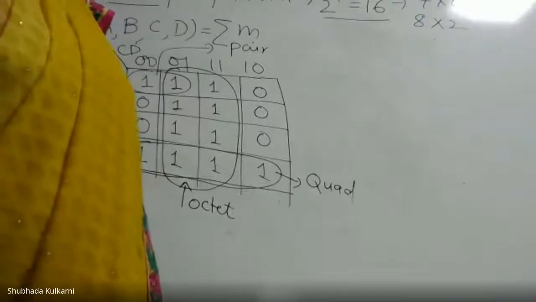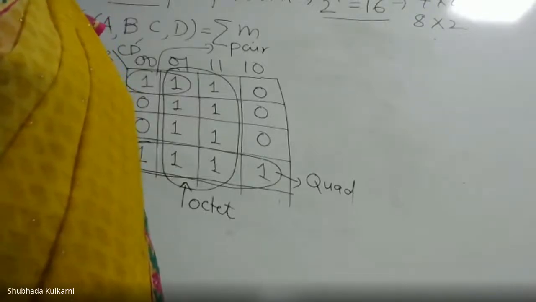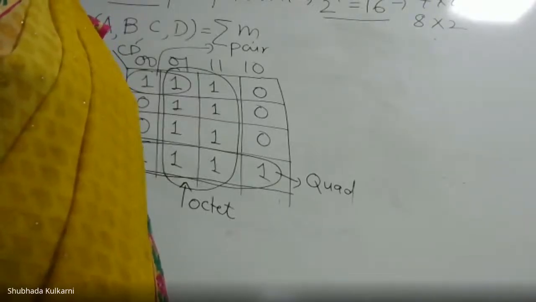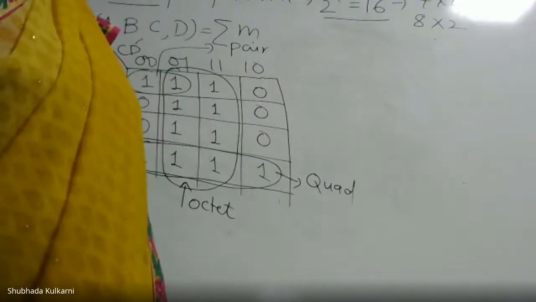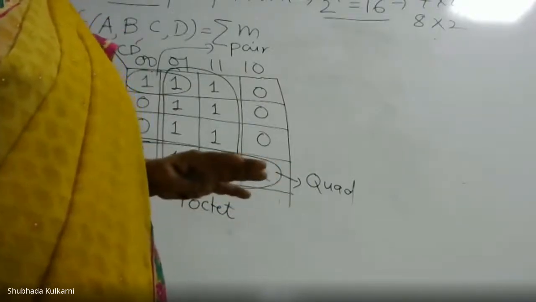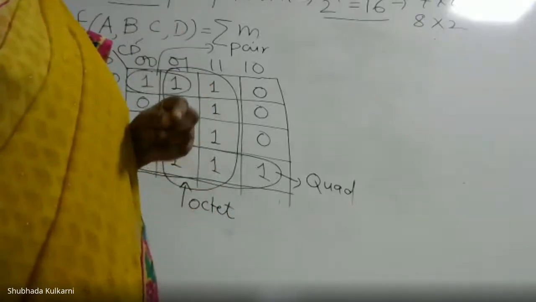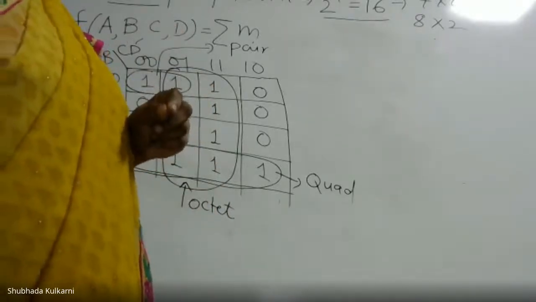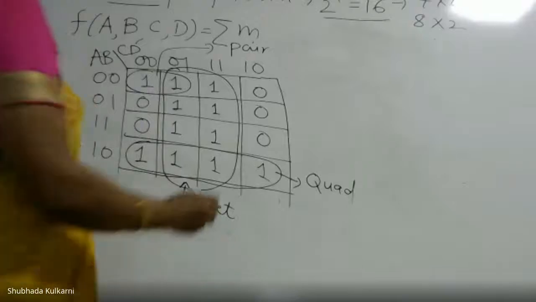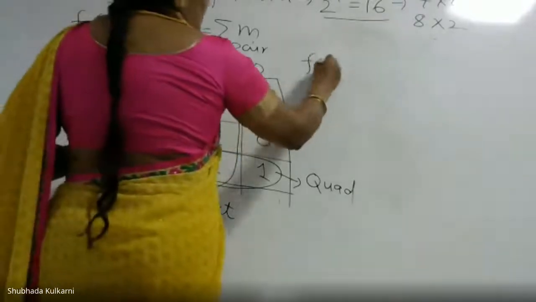But again, manually, you have to simplify on the paper step by step. That is not called a simplified solution. It's only a solution. But when the question is to simplify by using K-map, you should be able to do the maximum simplification. Now try to write the answer for this.